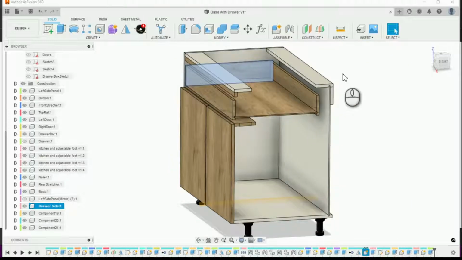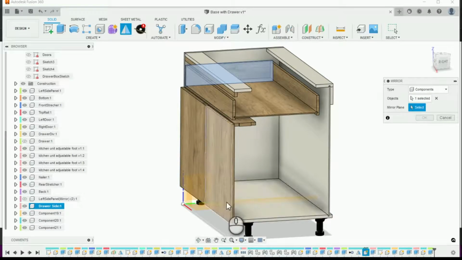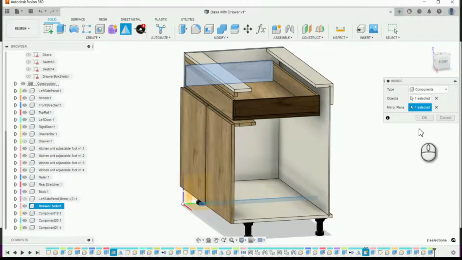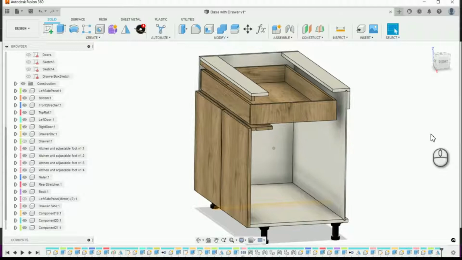So let me hit over here, mirror. The component I already have it selected, and I'm going to click over here on mirror plane, and I'm going to select this plane, which is the middle of the cabinet. I'm going to hit OK, and now I have my other